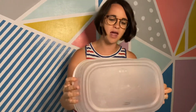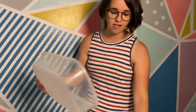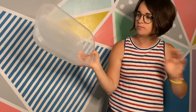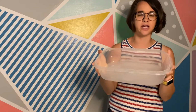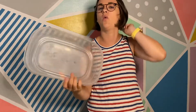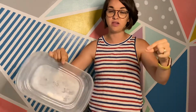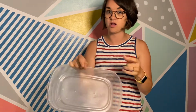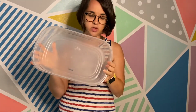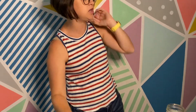So, what you're going to need is a glass bowl or a plastic tub, something that's clear. If you don't have anything like that, you could use a paper plate as well, or a white plate with a kind of a lip. Actually, a white plate with a lip or a clear plate with a lip would be really good. But you want it big enough that you can do the activity. You'll just set that on the table with your Skittles, and then you're going to need